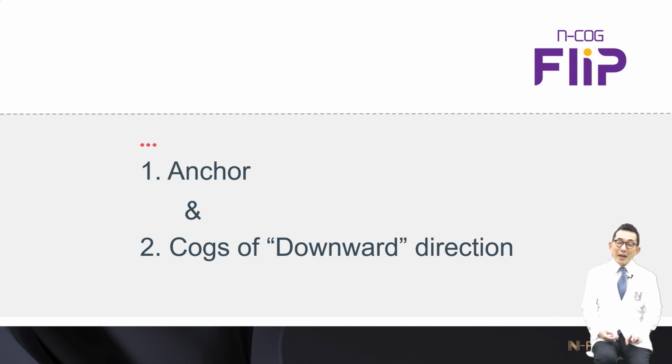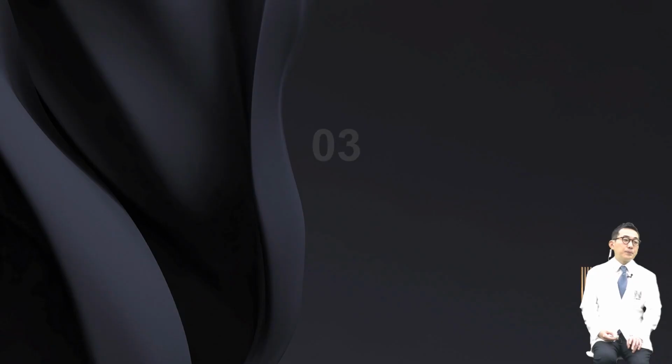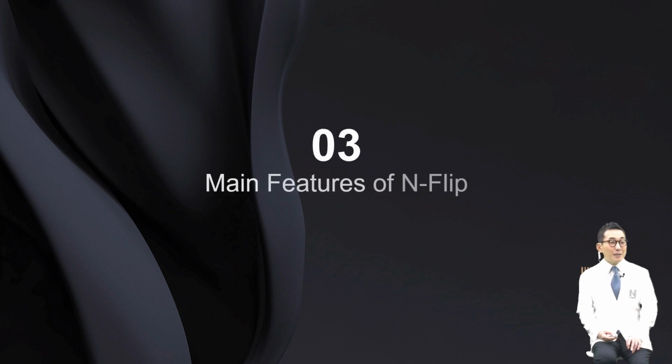But today's hero M-Flip uses both of these methods together. If the thread is only anchored to the skin that is not very hard, the cheese wire phenomenon can occur. However, in addition to anchoring, M-Flip uses downward cog and distributes the force of pulling down. As a result, the lifting effect is maintained better and longer. It's very attractive just to hear this far, right? Let's learn